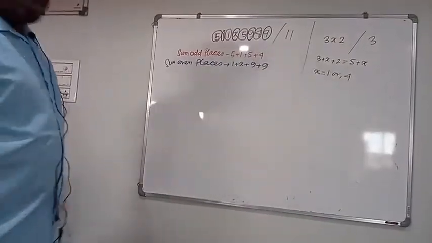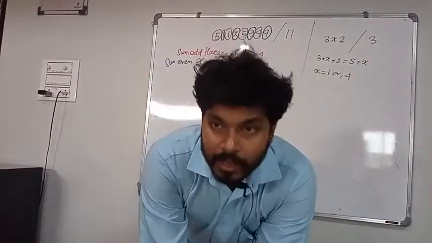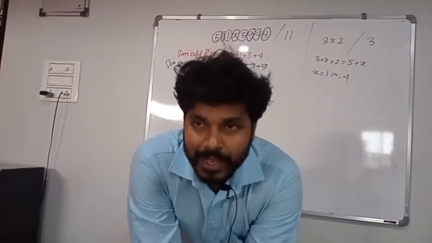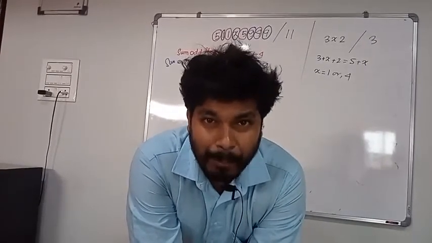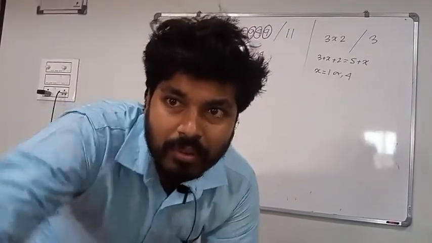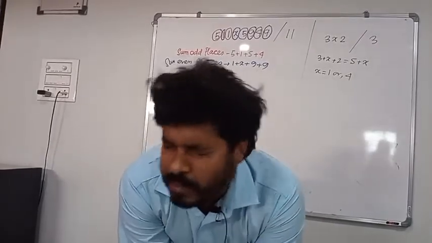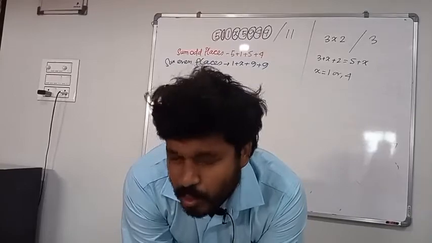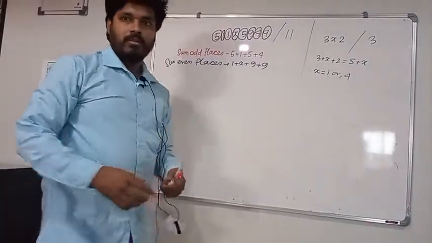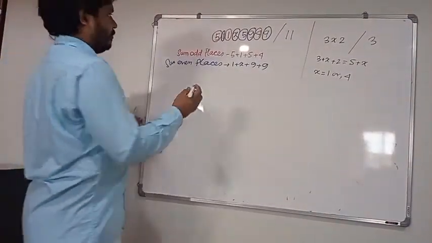So please everyone see your copy. I have written the divisibility rule of 11. The divisibility rule of 11 is the difference between the sum of odd places and the sum of even places: odd places minus even places, or even places minus odd places. This doesn't matter. You can subtract odd place from even place or even place from odd place. Sir, Prabhati has written the question in the chat box.